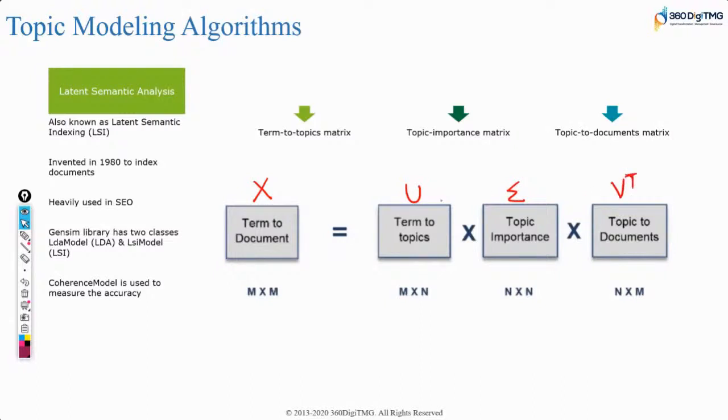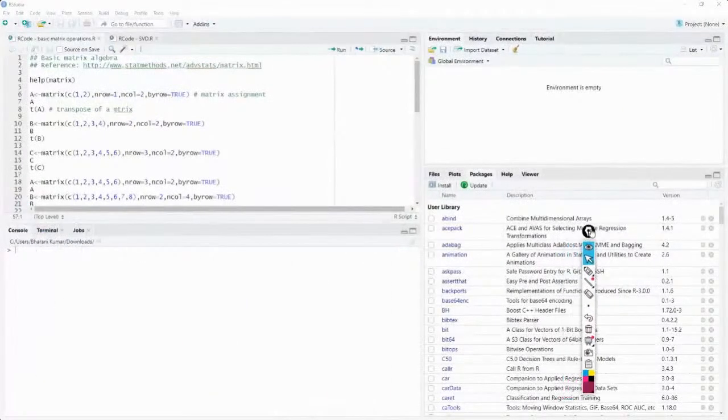To do this U sigma V transpose, we cannot do it manually using hand. We will make use of programming language. Our Python can be used. So first, let me go here, and we are going to first discuss about